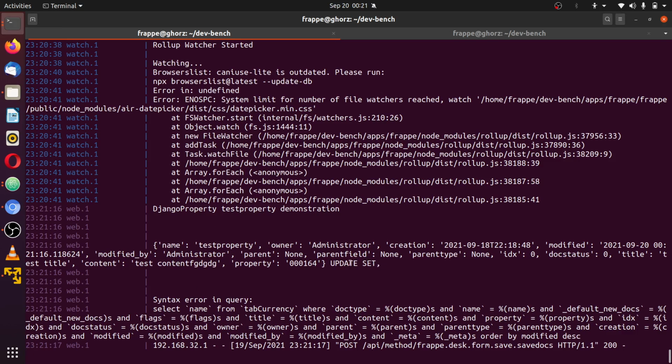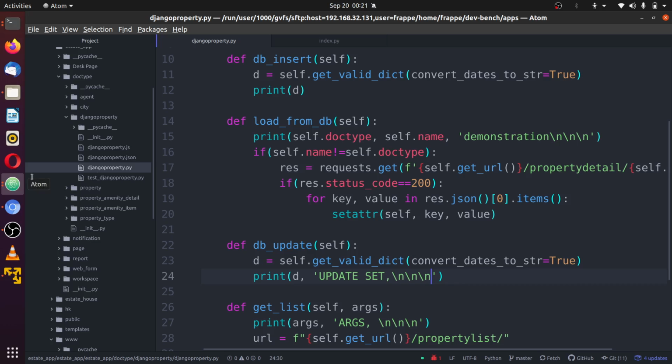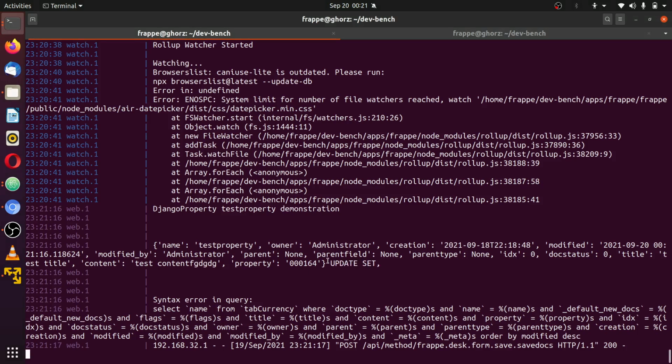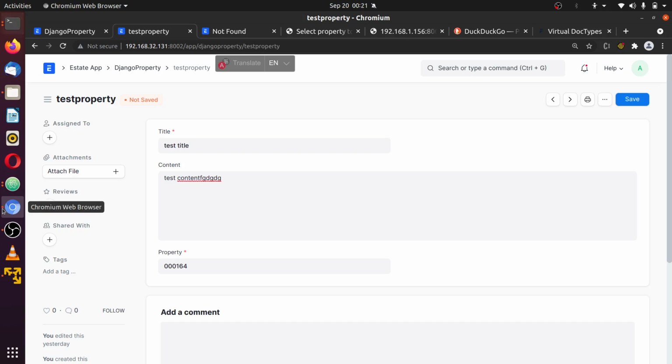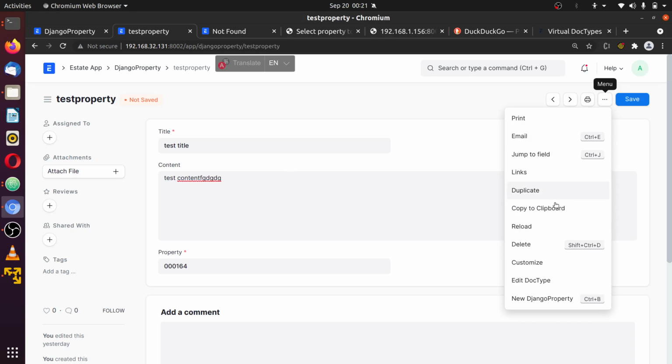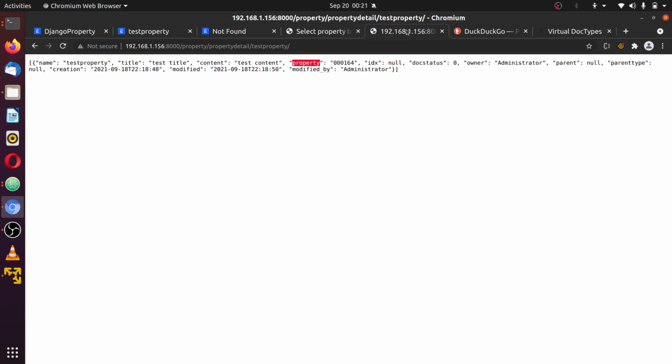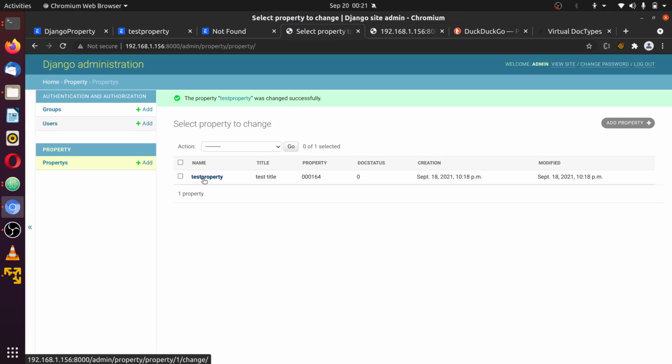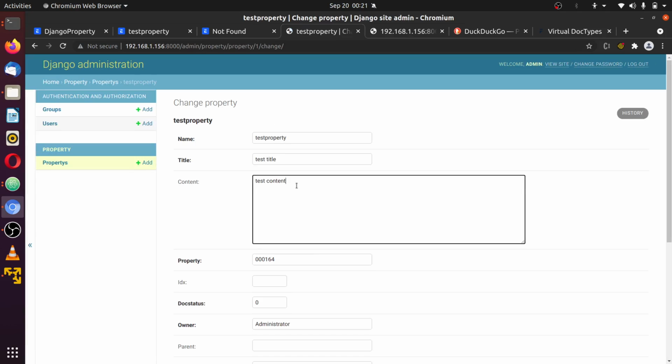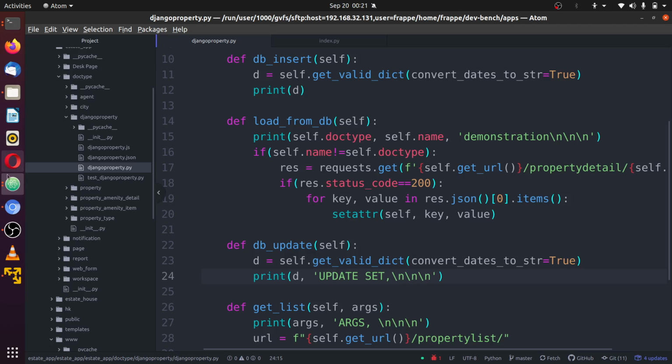So we got it here. See update set, we just passed that as code and the data to be posted or to be updated. Then we check that text content, you see the data passed. But recall that this has not been updated because it has not hit this server down here. You can still check the content, text content will remain the same. So one way to go about that is to go back to this server